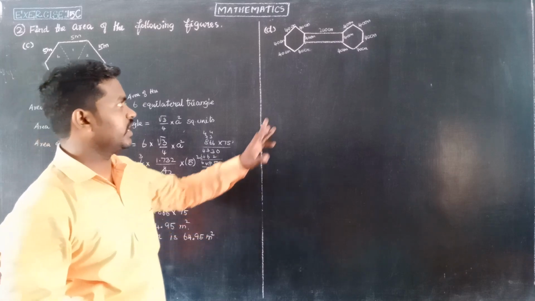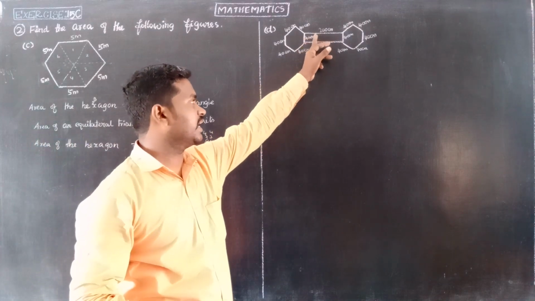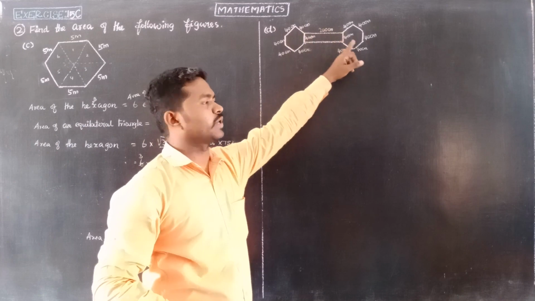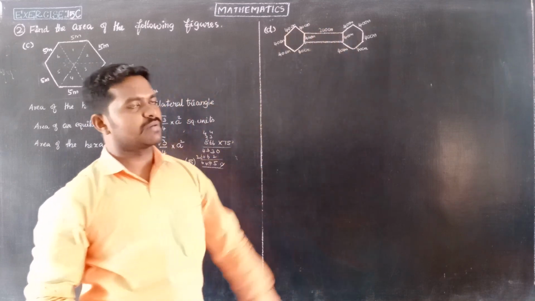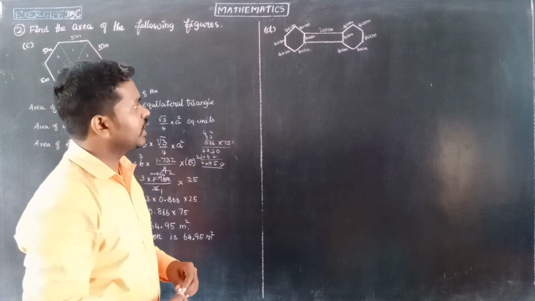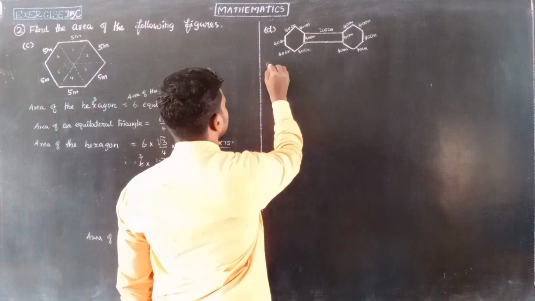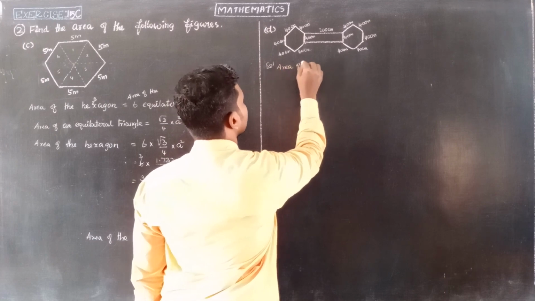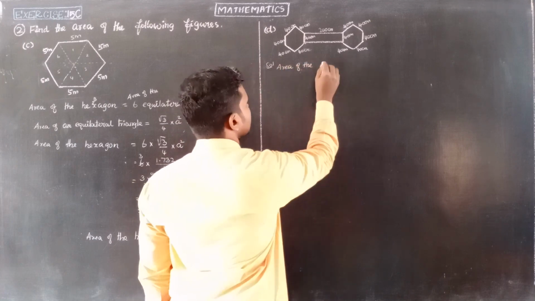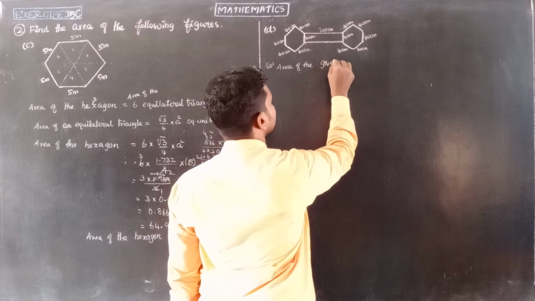So how to find the area? So first, area of the rectangle plus area of the two hexagons. We find the area of the rectangle and the area of the two hexagons separately and add them, then we will know the total area. So area of the given figure is equal to